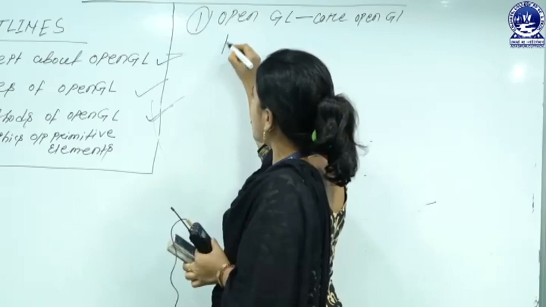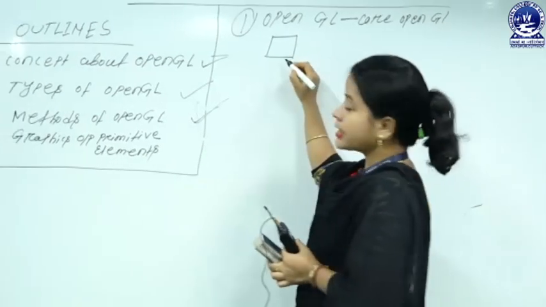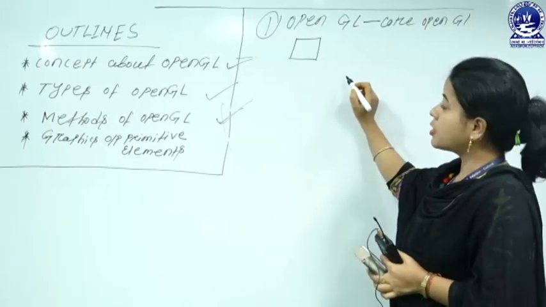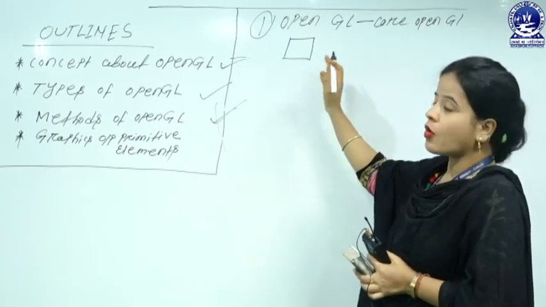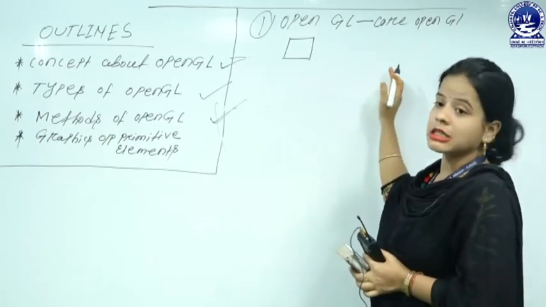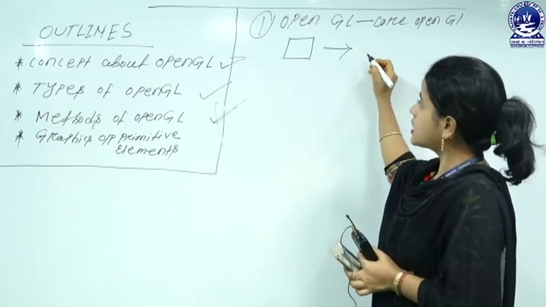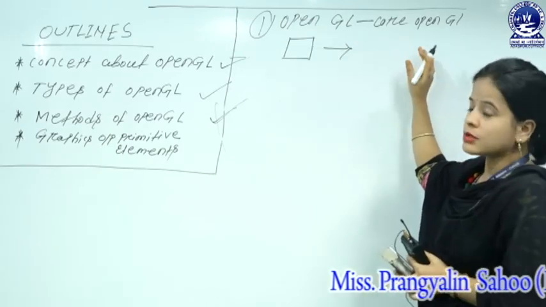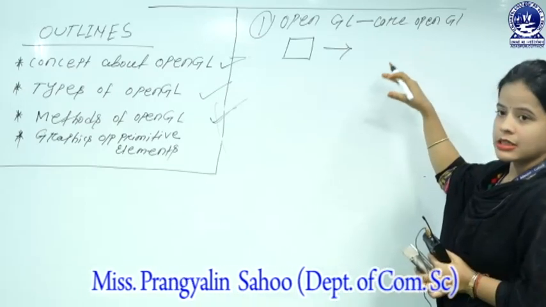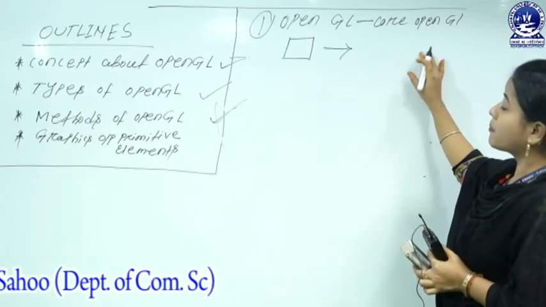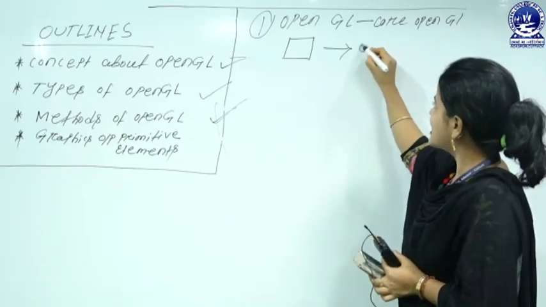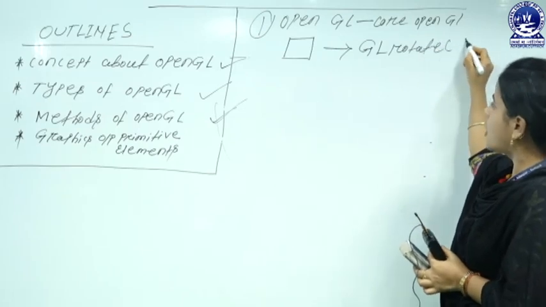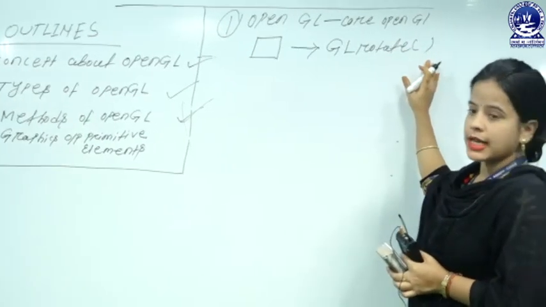Suppose we create an object that by default looks like a square. But if the end user needs to change the picture format and do 360-degree rotations, that is possible using OpenGL functions. When these functions are rendered in a programming language, they are always embedded with the keyword GL followed by the function, for example the rotate function. That is called core OpenGL functions.